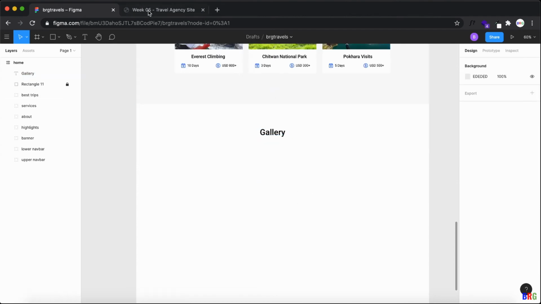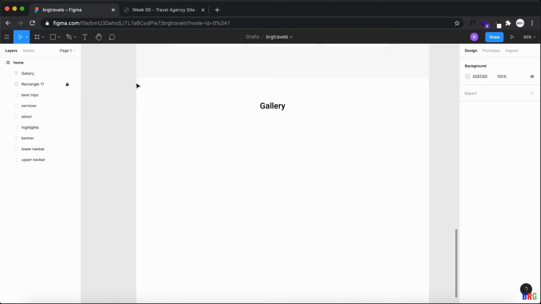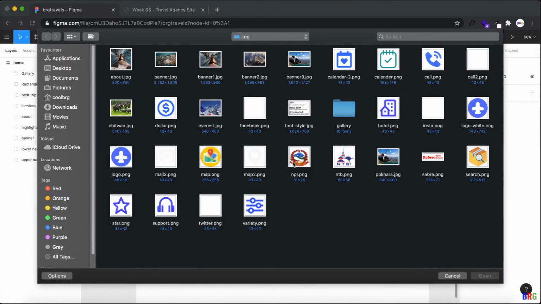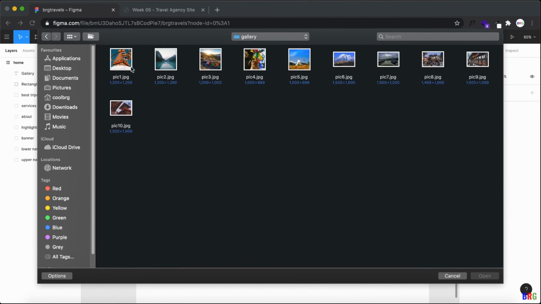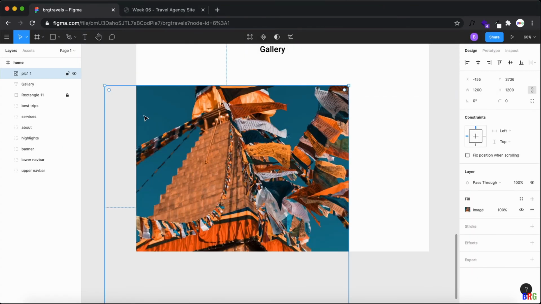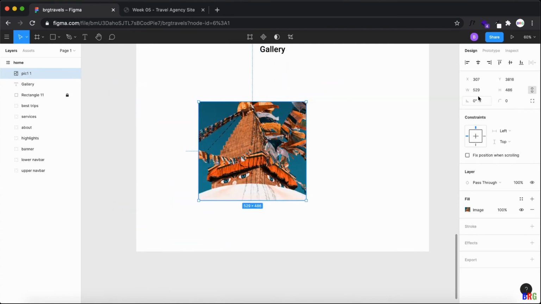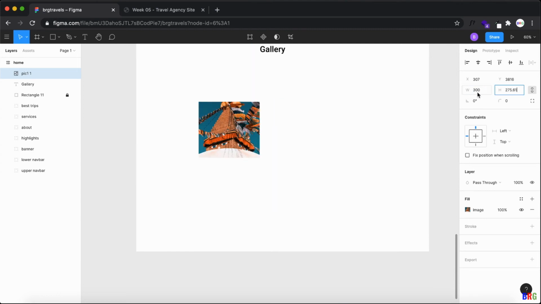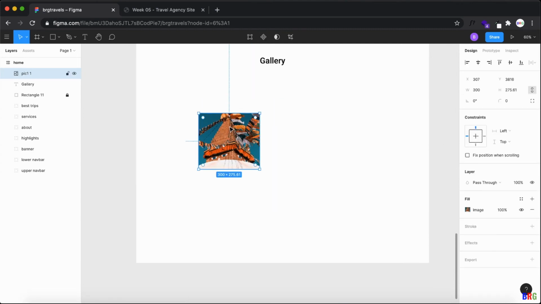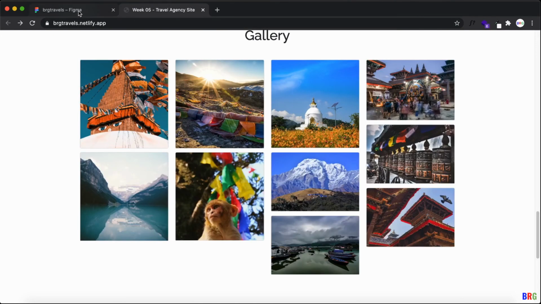Now I have these images which I can just put like this, inside the gallery and not inside the frame. Then this, let's make it 300, and same for this.